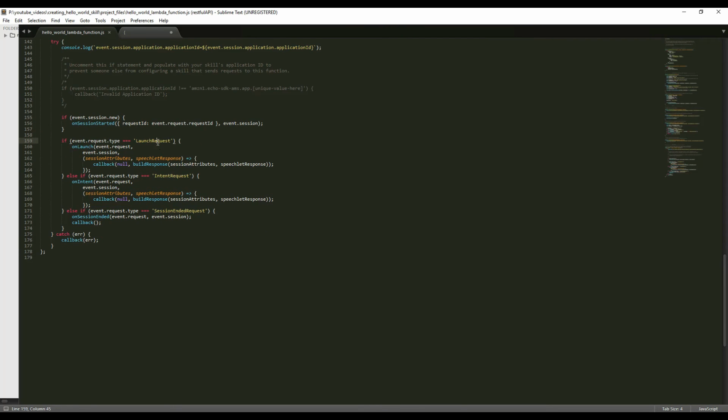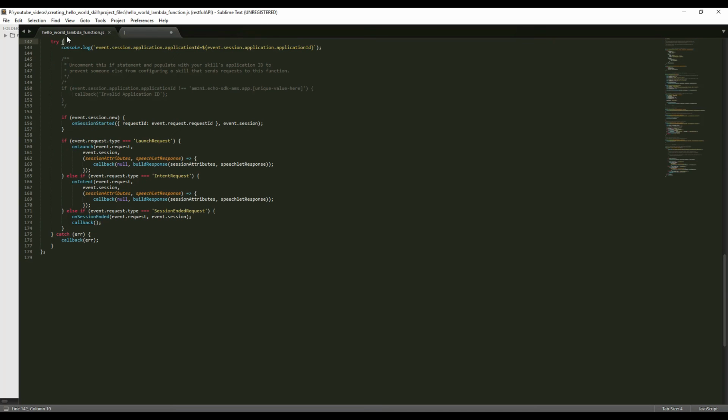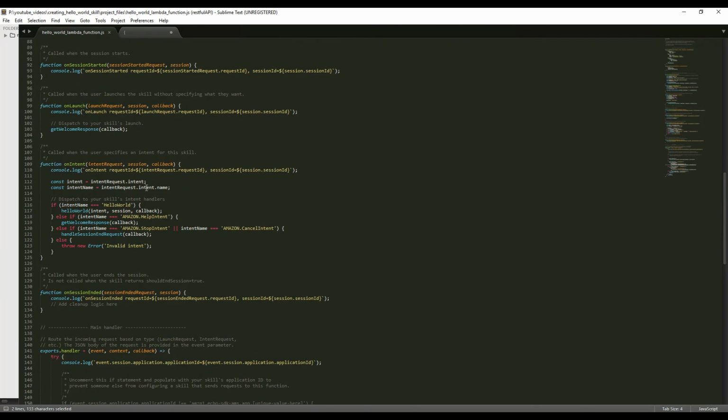On the launch request, right, we are going to run on launch event, and they're passing in the event.request, event.session, and then they're going to be passing in a callback, session attribute, speechlet response, build response. What's getting called here is essentially,